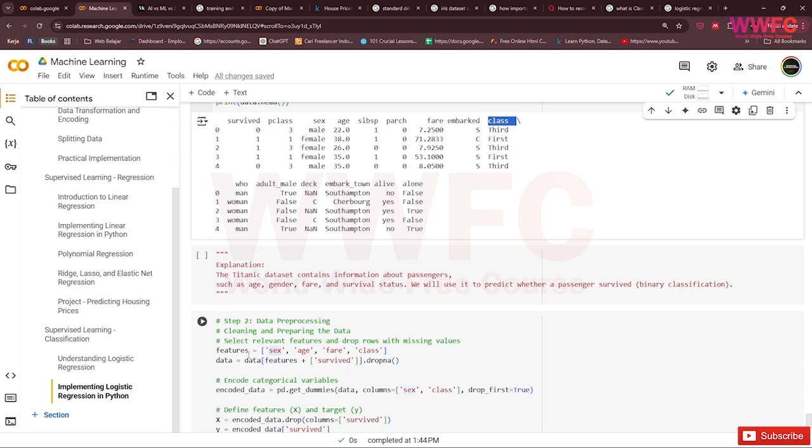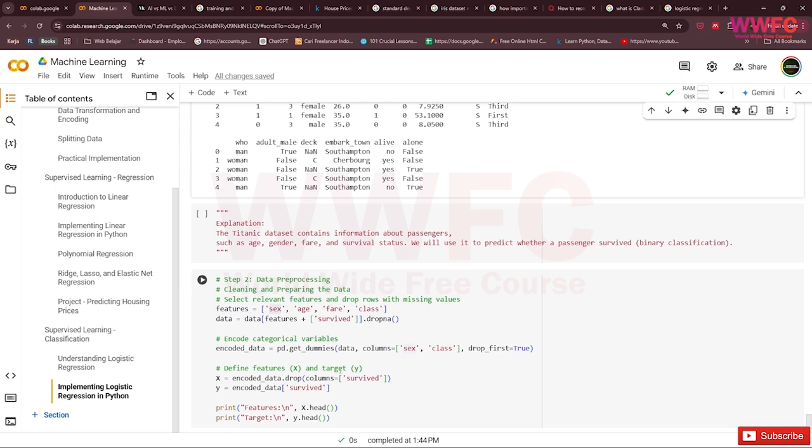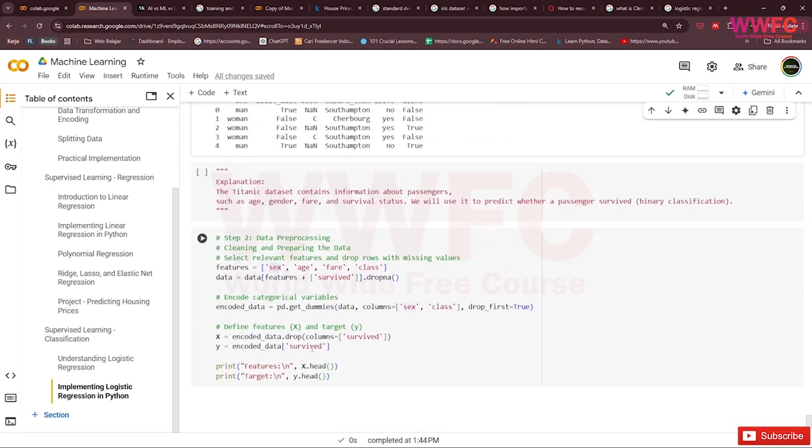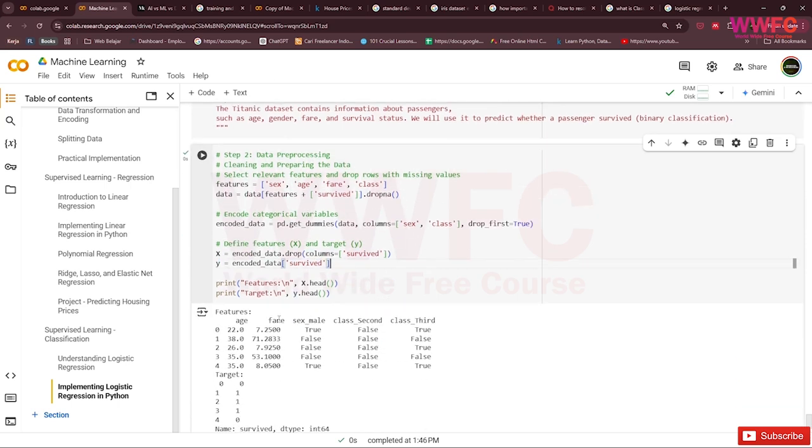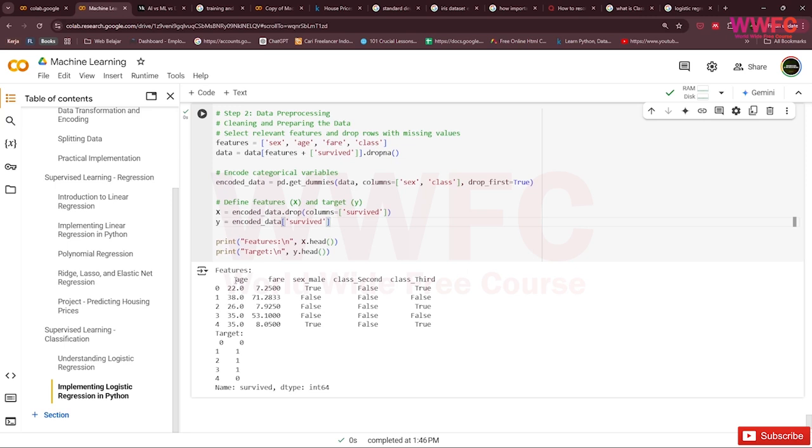We get the features plus survived, and survived is the y. The features are the x variables, so for x we have age, fare,